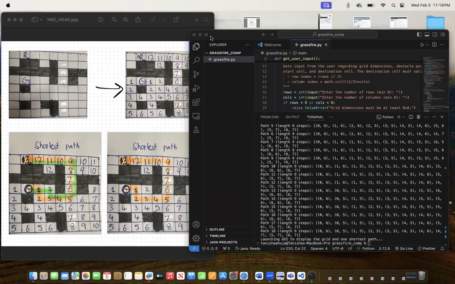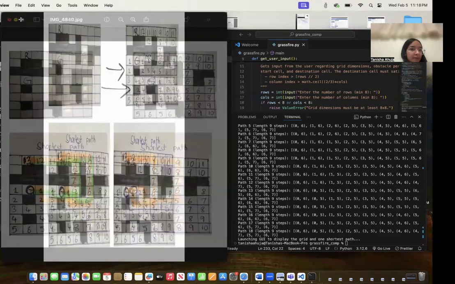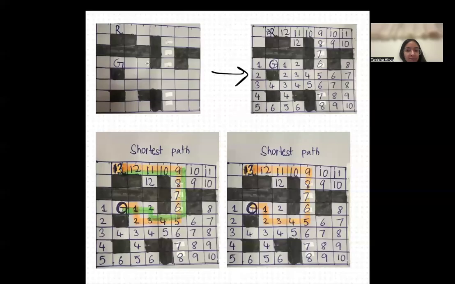For the first part, I manually drew the shortest path using the Grassfire algorithm. I'm showing that here. I began by drawing the 8 by 8 grid on paper, and I marked the obstacles as black cells, and the start cell was green and the ending cell was red. By applying the Grassfire algorithm, I started at the goal and propagated wave values to each adjacent free cell,